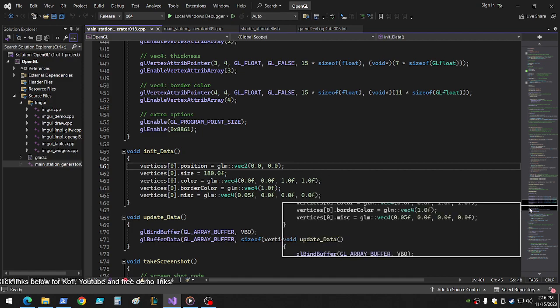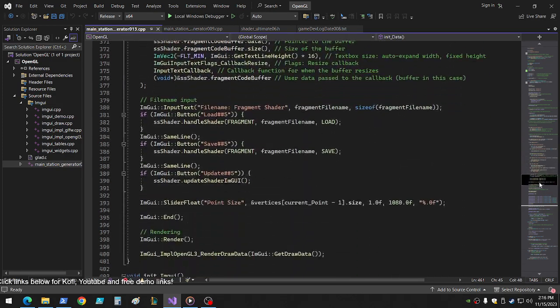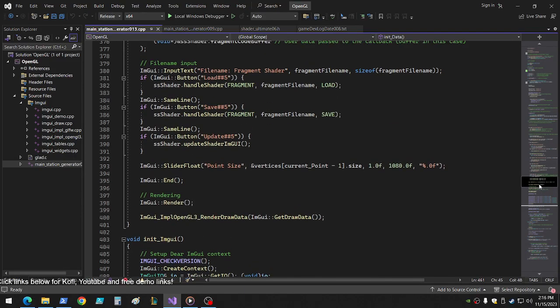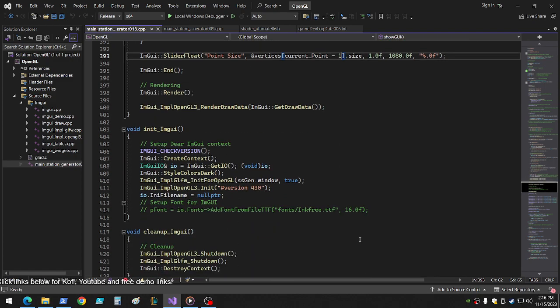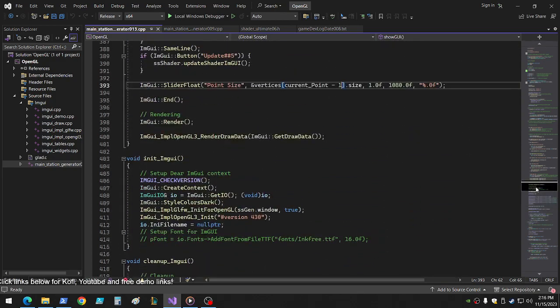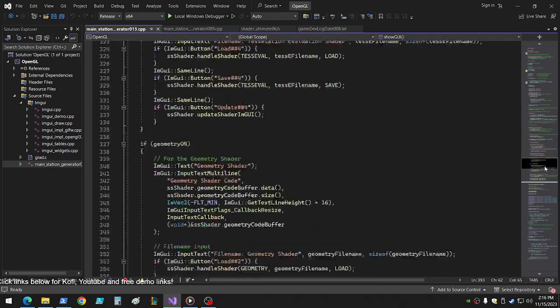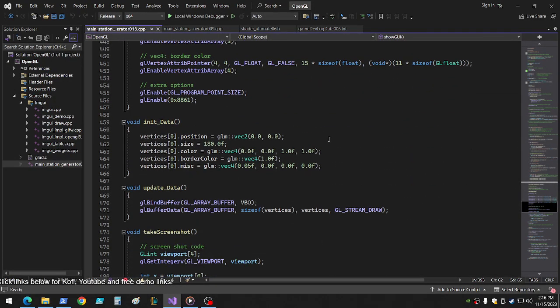And we'll figure out what we're going to do. Where's the show GUI here? And the very last spot here. Point size. Vertices current point. Oh, I see. That might change, but where's init data? Init GUI. Where's the init data? I'm lost in my own thing. Totally lost. Okay. So what we want to do